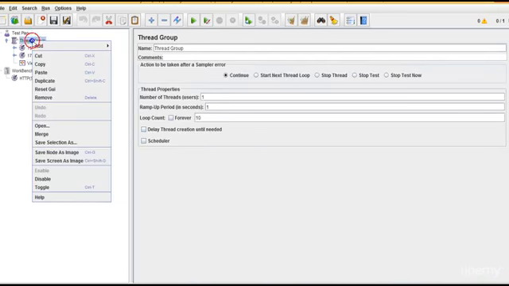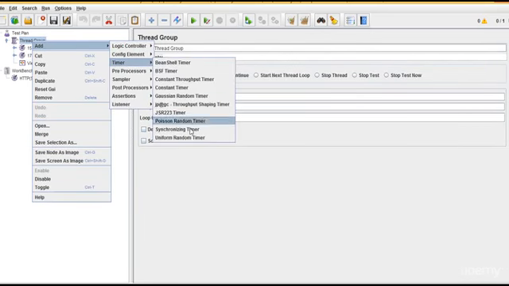Let's add a timer now. Right click, add, click on timer, and these are the different timers available for us: constant, Gaussian random, Poisson random. These are based upon calculations. Okay, I'll explain one by picking the Gaussian random timer, then you will understand what all this is about. So let's go with a constant timer first,